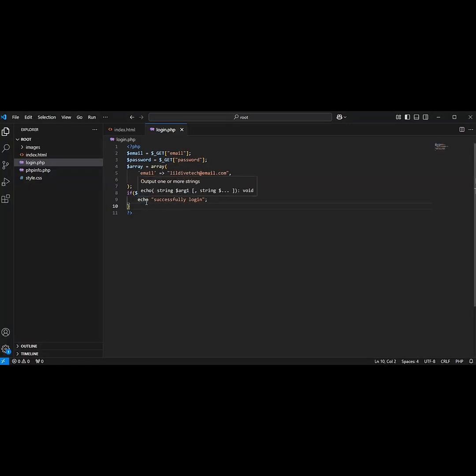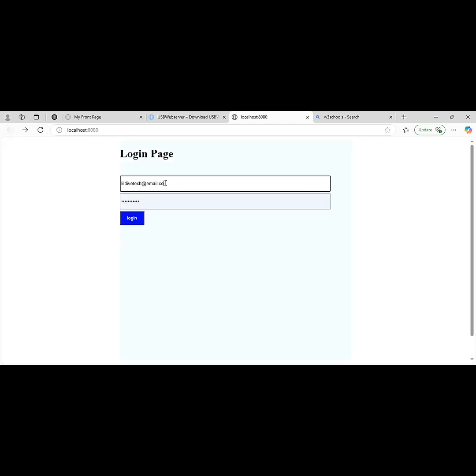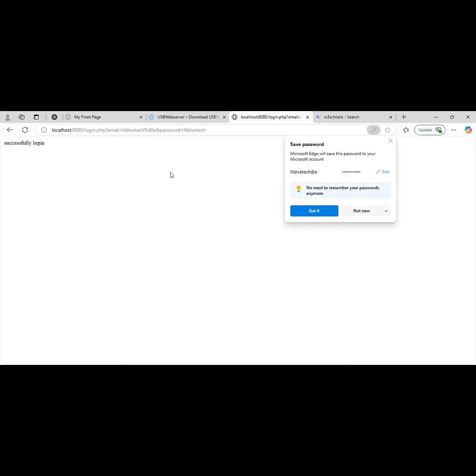Let's add an else to make sure that the value echoes no user found, and let's repeat it. Still showing successfully login because the value is not happening. All right,